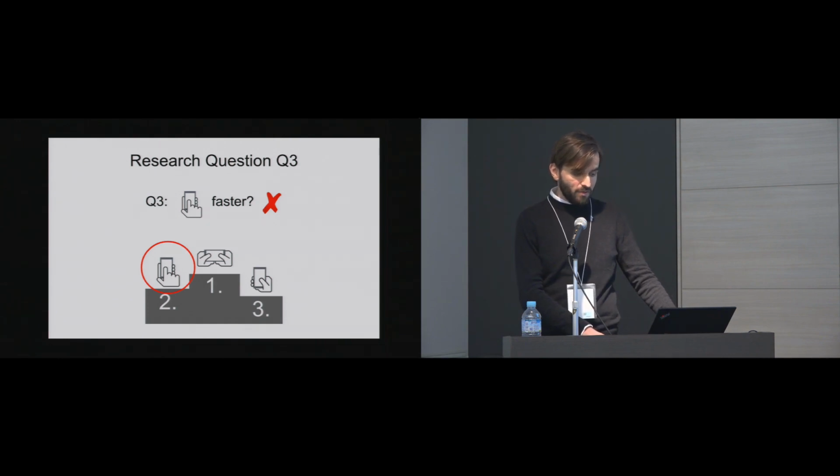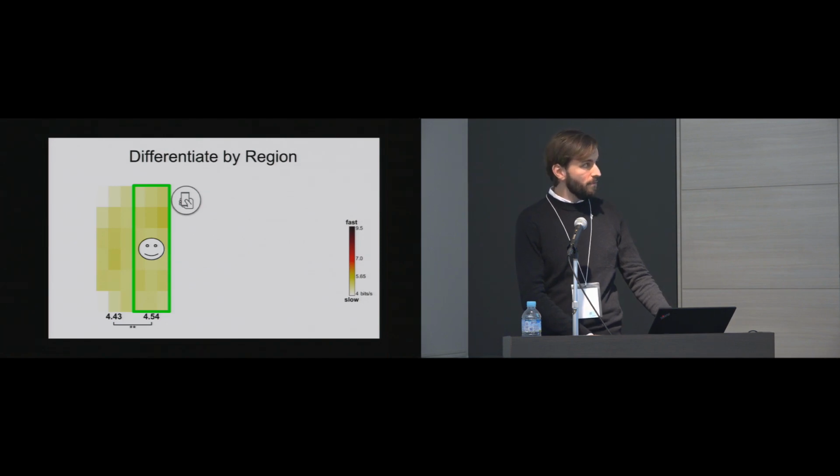And we also looked at the performance of different regions of the screen, for example, comparing screen halves for each grip. Here I want to show only the most interesting results of this analysis. For example, for the one-handed thumb grip, the right screen half allows for faster taps than the left half, which may be due to the fact that the thumb can reach the right half easier than the left half. The values you see are the average throughput for the region. The higher the value, the faster.